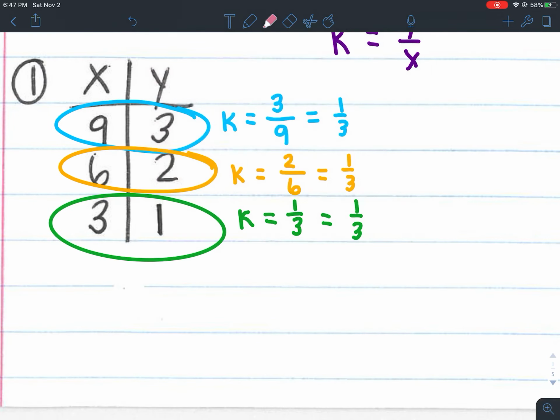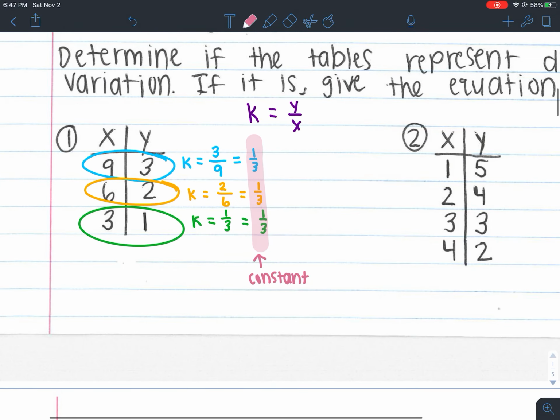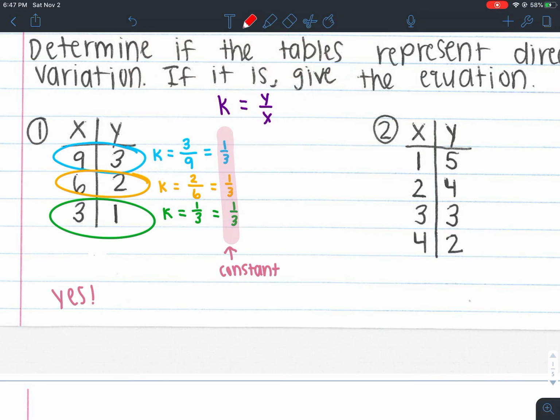So what do you notice about all of your k values? They're all the same. K was constant. You don't have to write constant, but because they're all the same, this does represent direct variation. So I'd say yes, it does represent. But then it also says to give the equation. Give the equation. Well, your equation here,